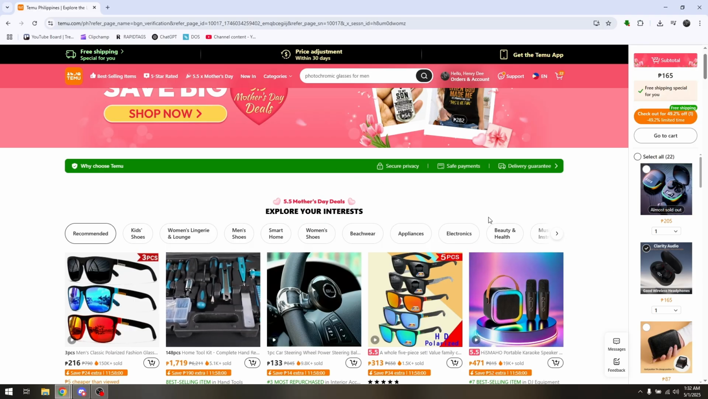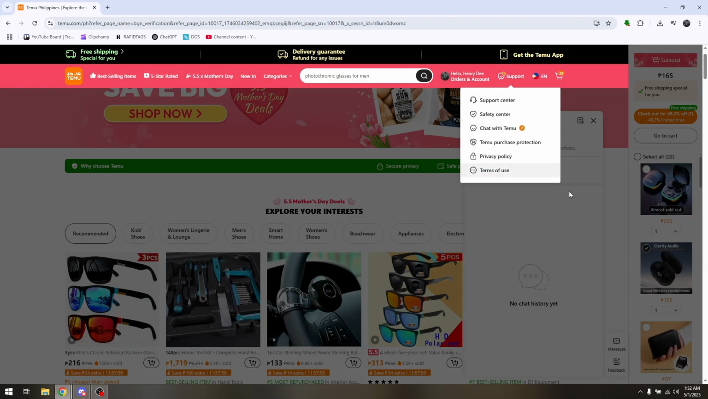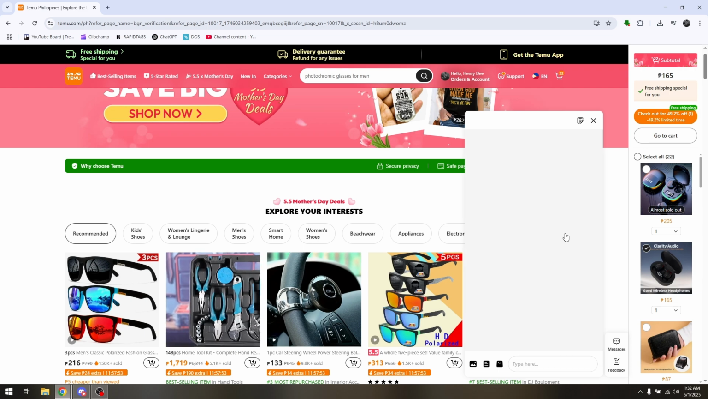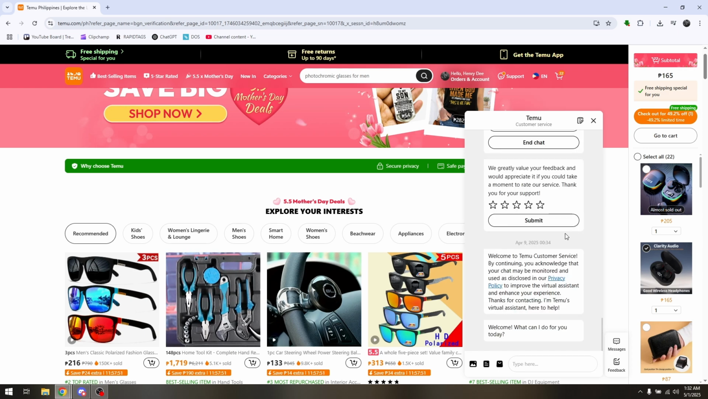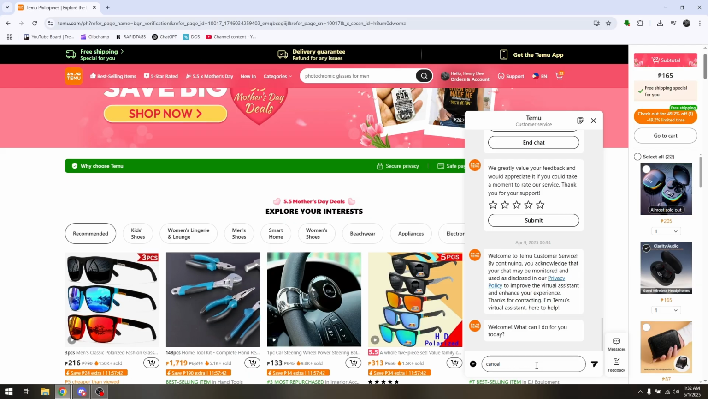If you're using the phone, then you just have to go to the support tab and go with chat with Temu. Now we're going to be using the on-screen prompts from the automated system. So all you have to do is type your main concern: cancel minimum